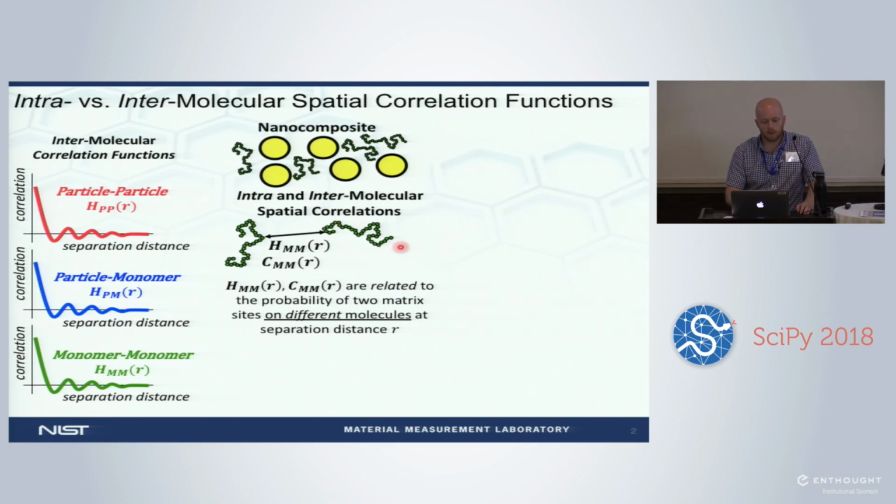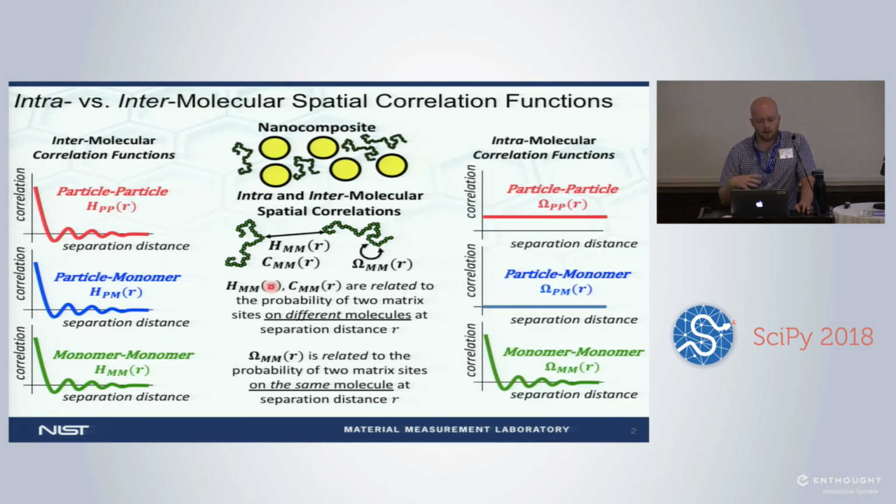For example, we can consider this sort of coarse-grained representation of a polymer nanocomposite, shown in this diagram here, and we can consider this correlation function between the monomers in the polymer chains in the nanocomposite. So in the nanocomposite matrix, we have some spatial correlation function which is related to the probability of finding two monomers at a given distance. And so we have another type of correlation function called the direct correlation function, which I'm going to skip the